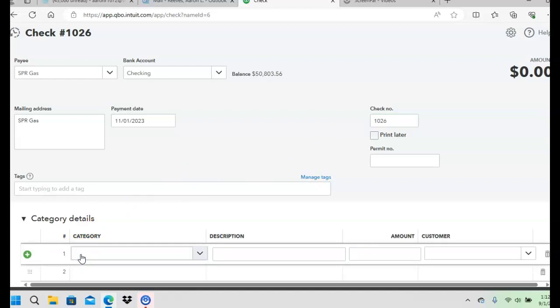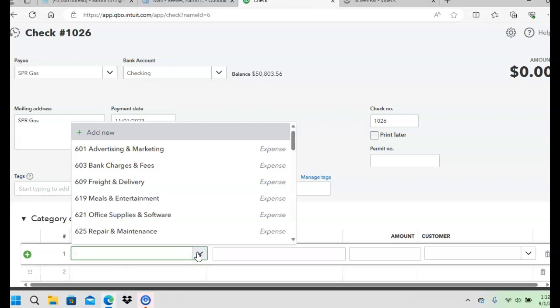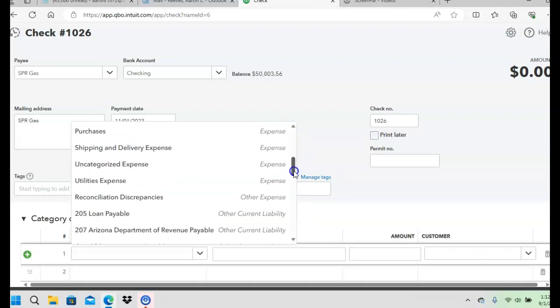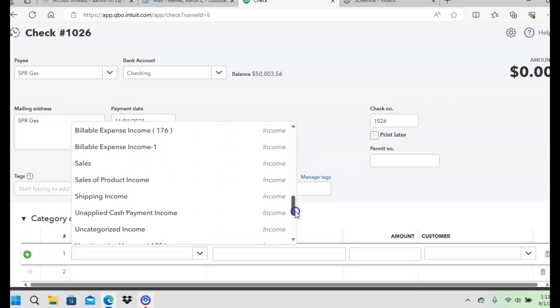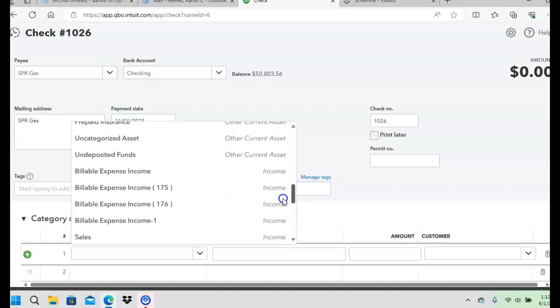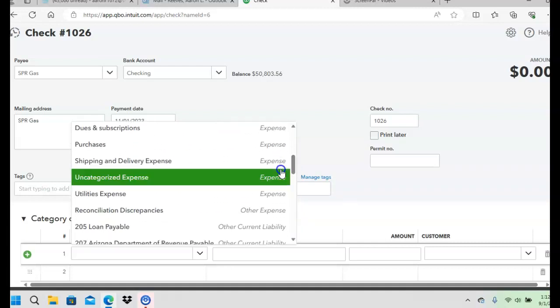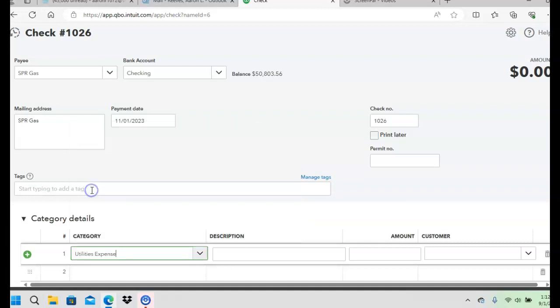The category 635 is going to be for the utility expense. Where's my utility expenses coming up? Did I pass it? Yep, there it is. I need to edit that so the account number shows up. So utility expense is going to be the number, put in paid monthly bill,